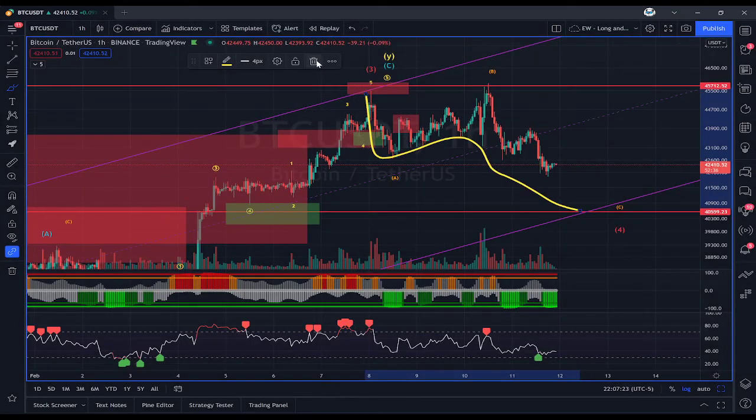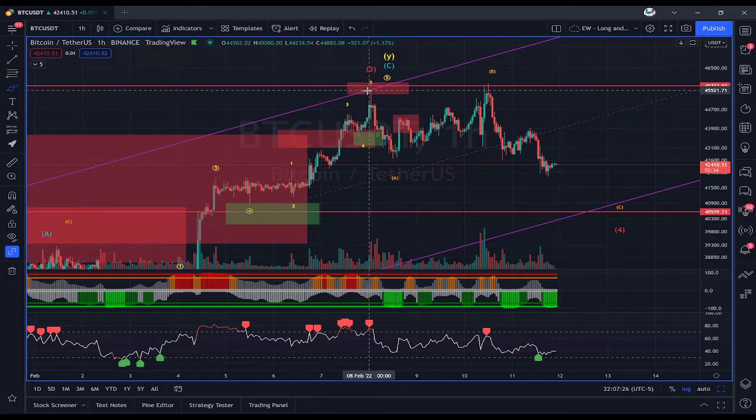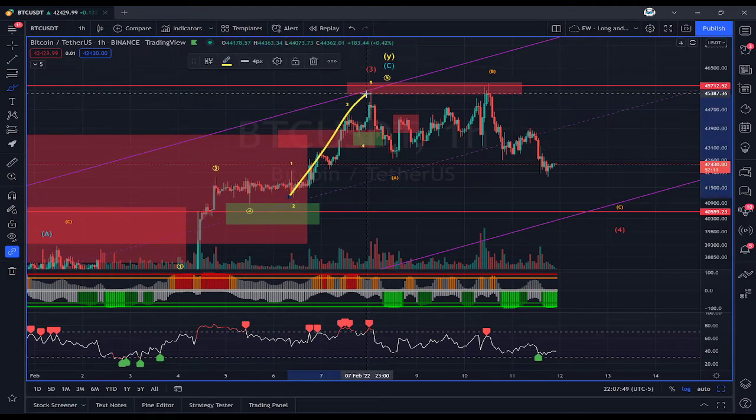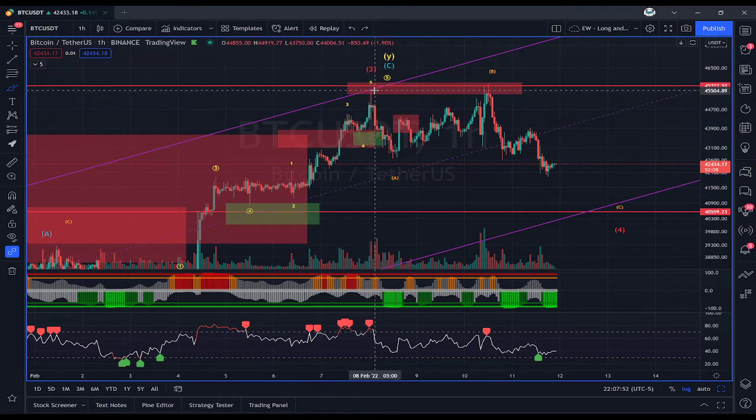So it began to correct here, and then obviously it decided to go up and make a higher high there. Still didn't actually go beyond that box. If we extend that box over, you can see that's still held within that 45 to 46K range. But because this looked so perfect to complete that wave there, I am still viewing that as the top of the third, and therefore this is an A wave here, this is a B wave up here that actually went higher, and so then we're getting a lower C wave down.